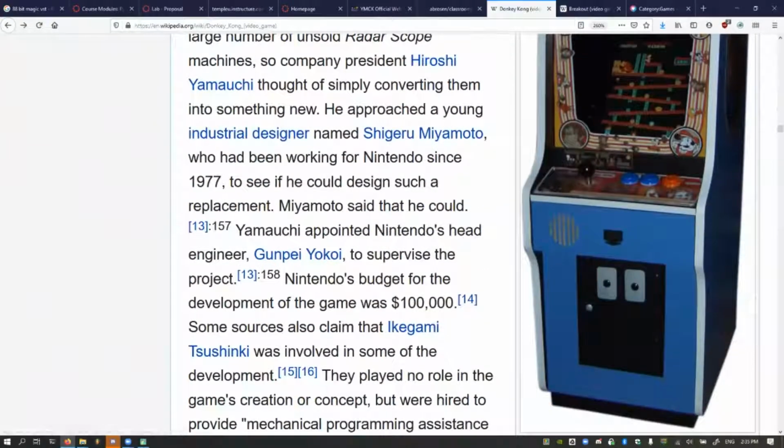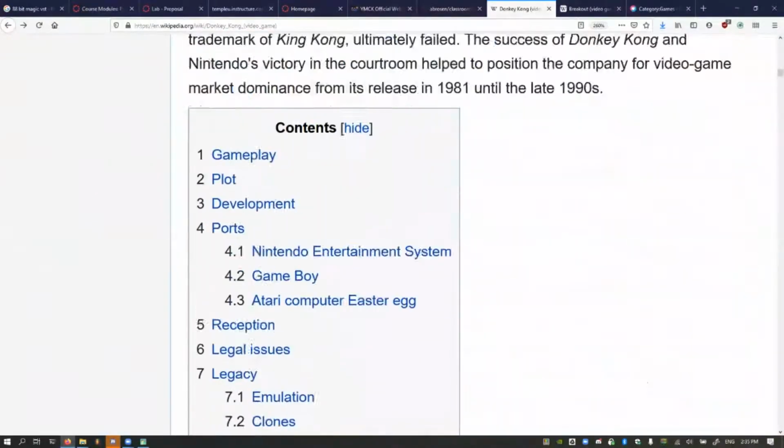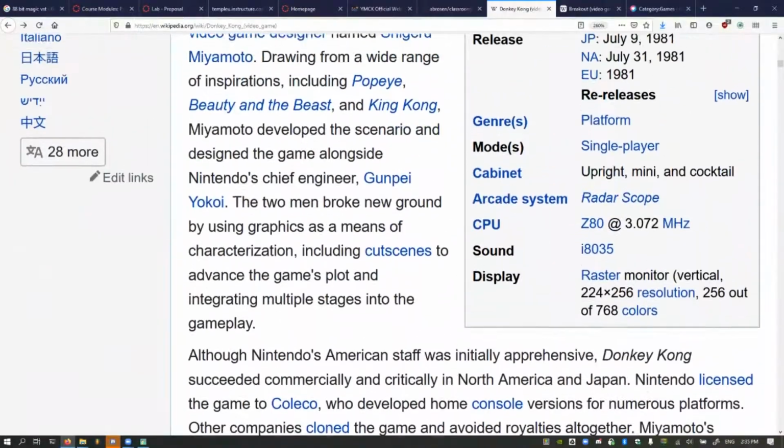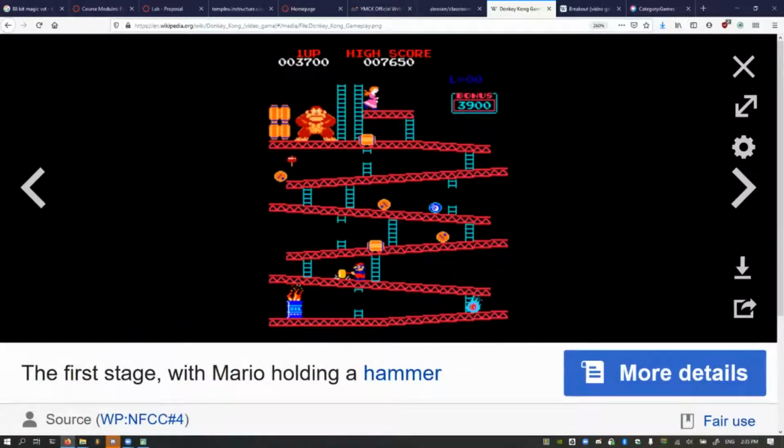So it is a fairly straightforward game. Part of what made it difficult is that the controls were not smooth. One of the big things that you could not do in this game is that once you jumped, your momentum was basically set, like in real life. You cannot change direction while you are jumping in real life, but you can in a lot of video games, right?